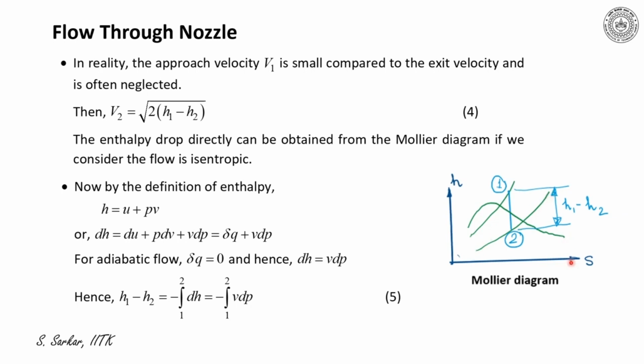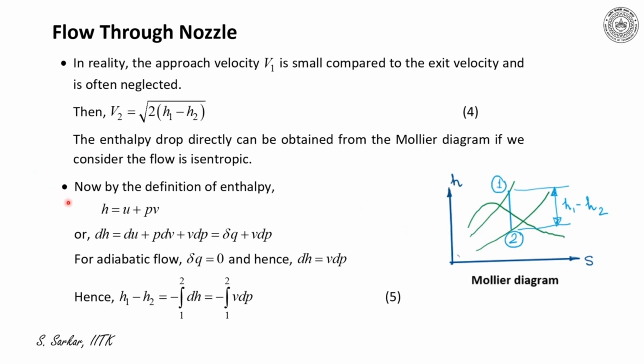Now the state points 1 and 2 have been marked, and H1 minus H2 I have represented here, and one can easily appreciate that from the Mollier diagram one can evaluate H1 minus H2. Otherwise,